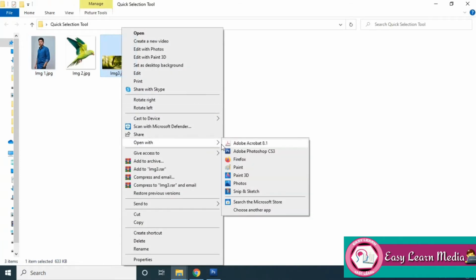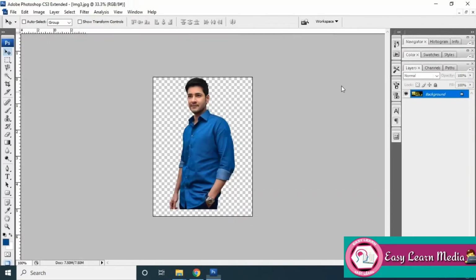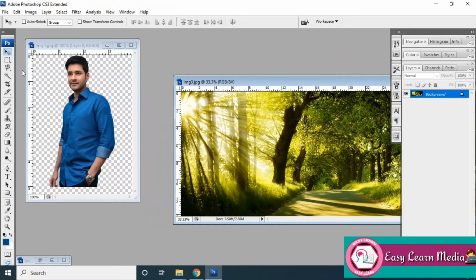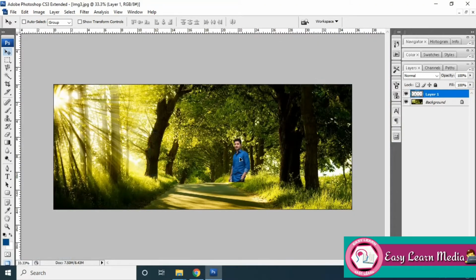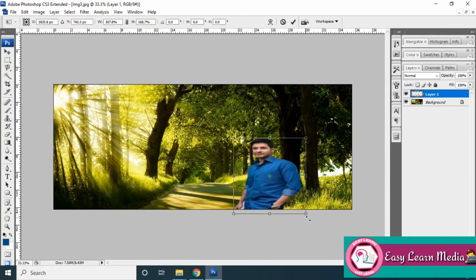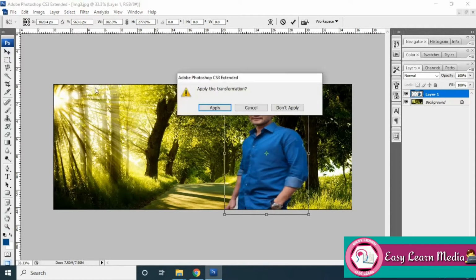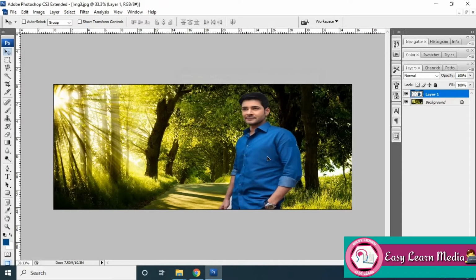Now I am going to select a background. So now I am bringing the image into this background. You can drag and drop the image. With the help of the transparency, I can resize the image and apply. So this is pretty much simple. You can use any image with any color. The thing is, you have to select the color and cut the image, right?